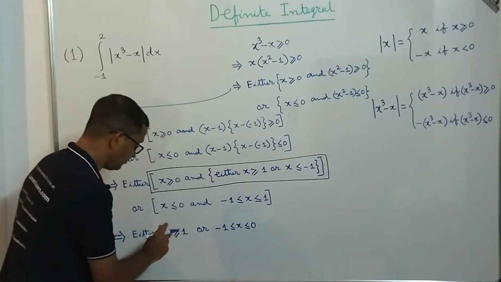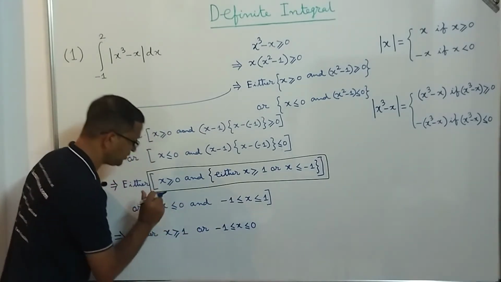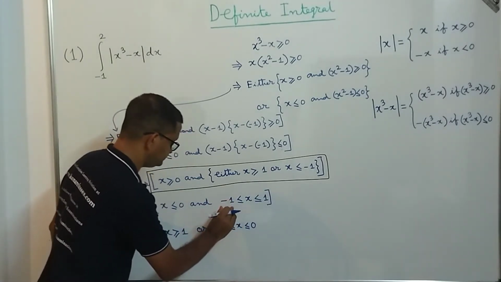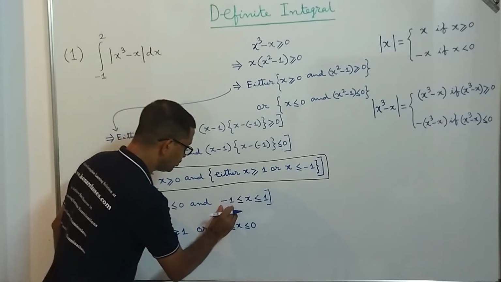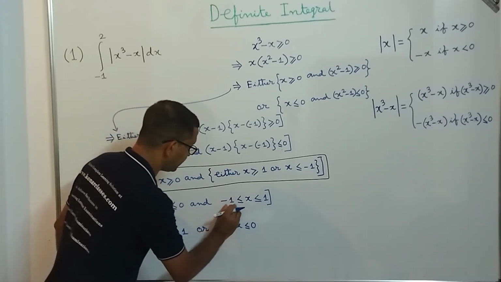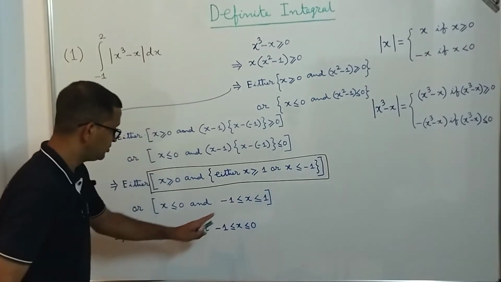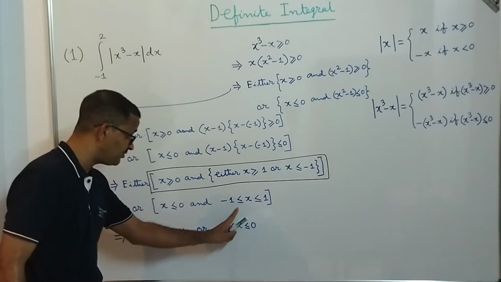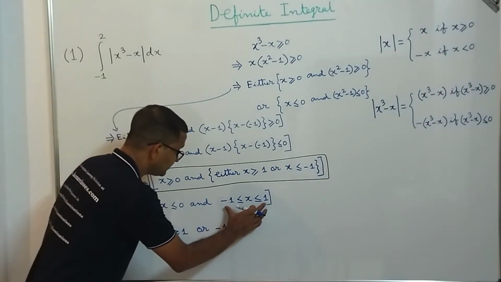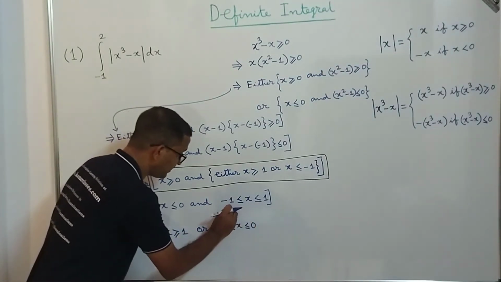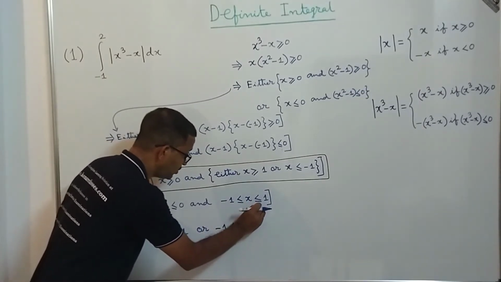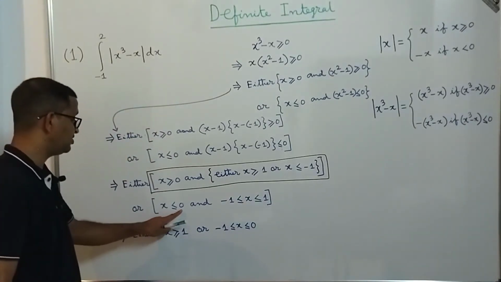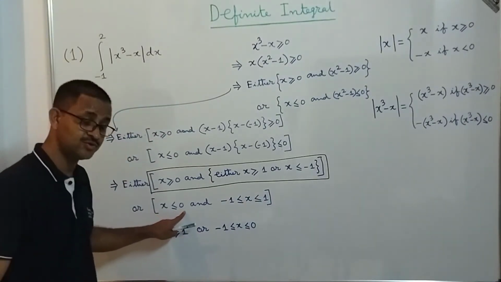So I repeat once more, x less than or equal to 0 has to be true, and which is greater than or equal to minus 1. Those values we should take, that minus 1 less than or equal to x less than or equal to 1. So we should take all those values from here which are less than or equal to 0. That's why we have restricted this inequality from minus 1 less than or equal to x less than or equal to 1 to minus 1 less than or equal to x less than or equal to 0, because of this condition that x less than or equal to 0 has to be true.